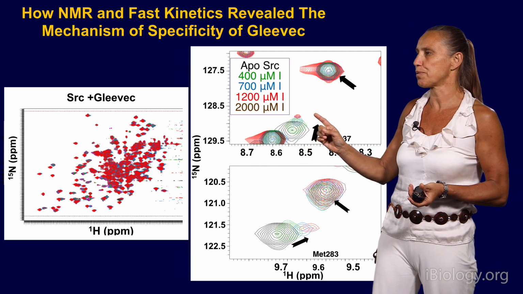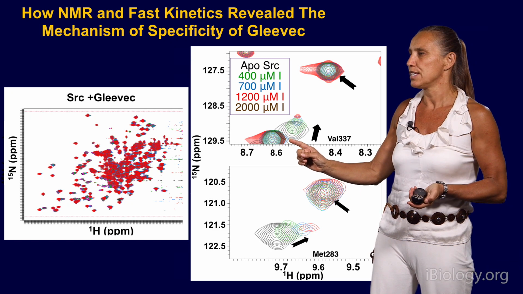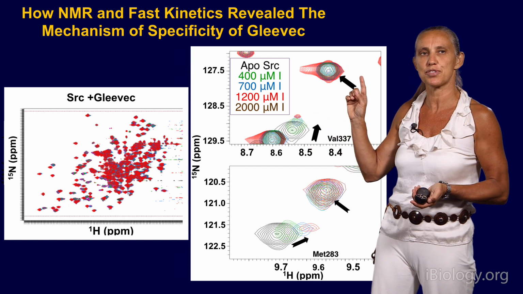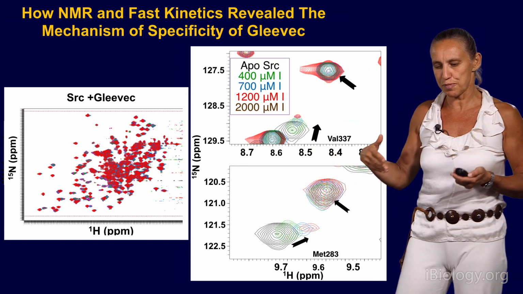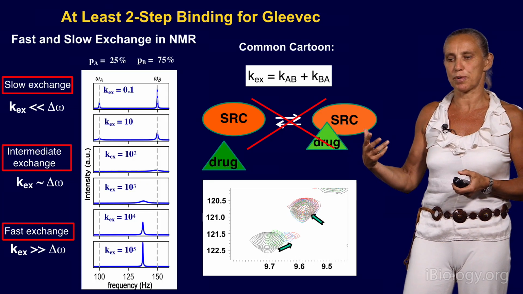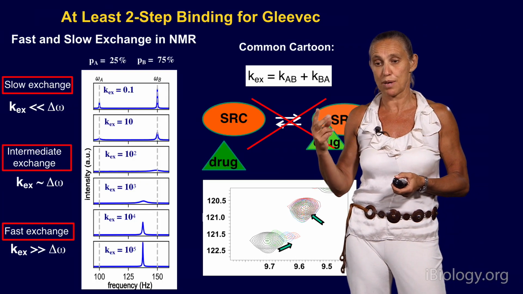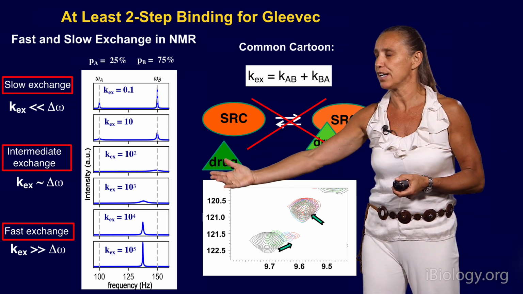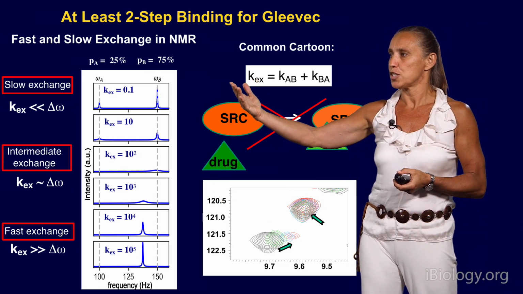So that's where the first surprise happened. What you can see is that we get a shift of the peak with increasing drug concentrations, a disappearance, and then a reappearance. This kind of spectroscopic behavior can only be explained by two steps and not just one step. Let me explain quickly